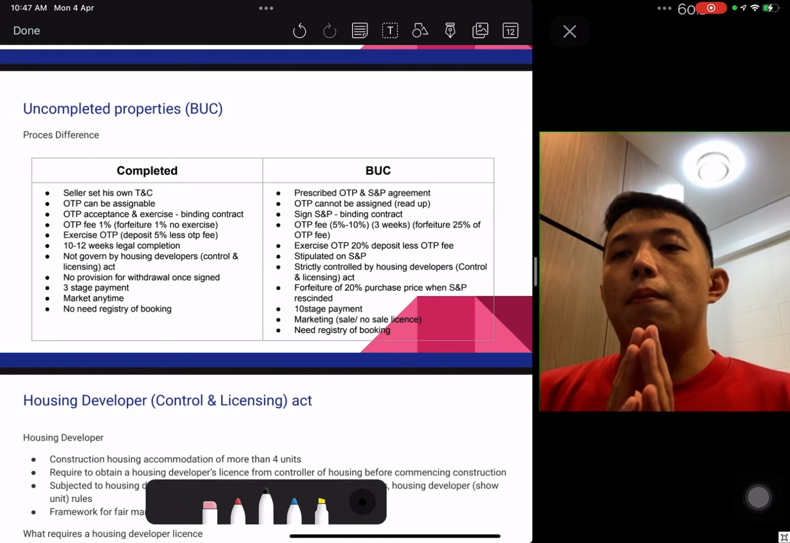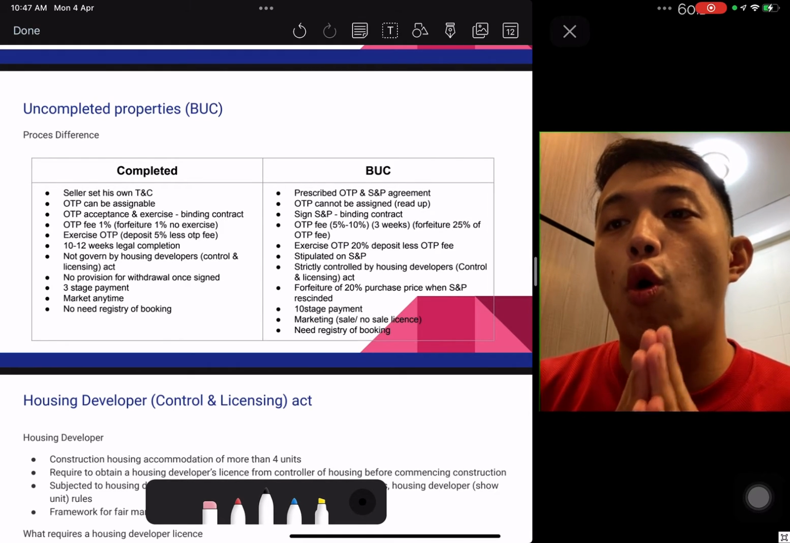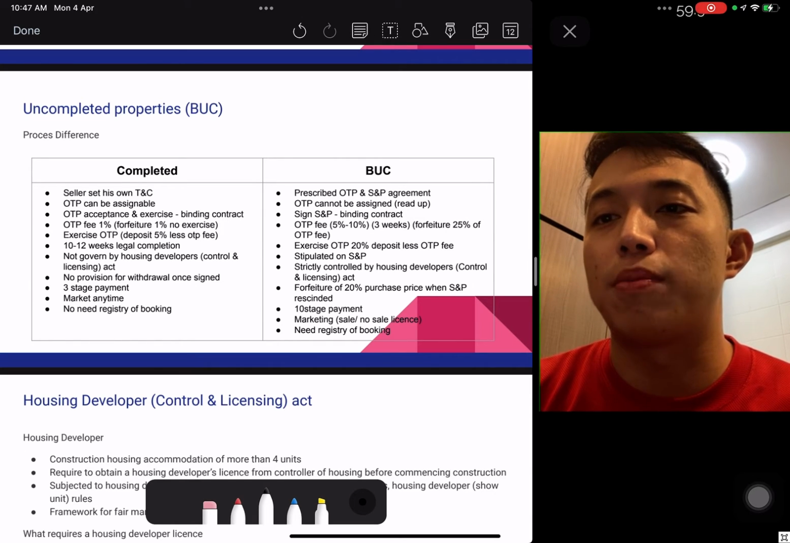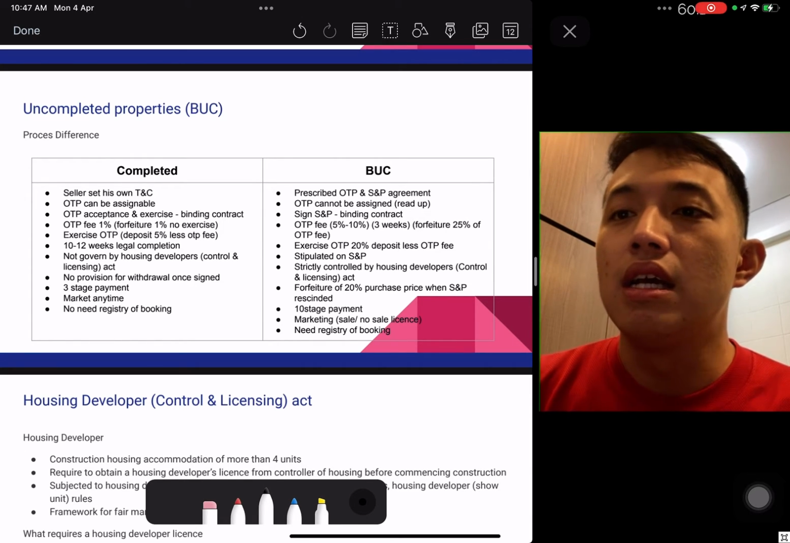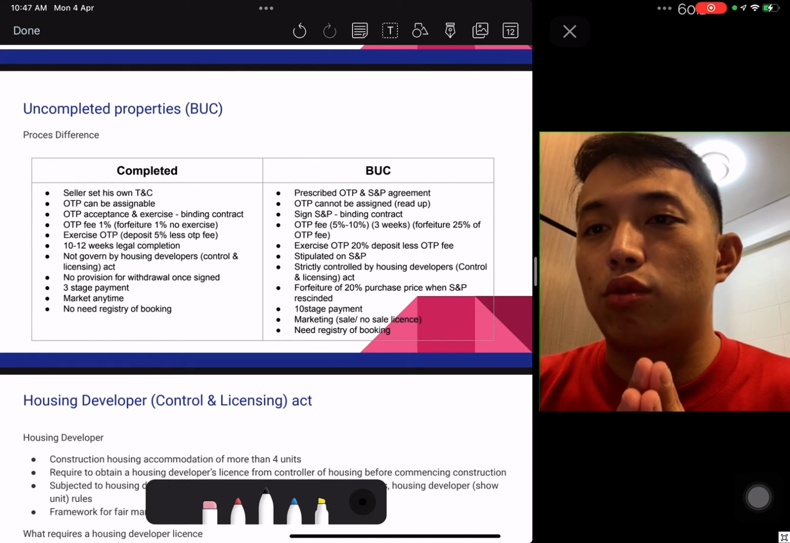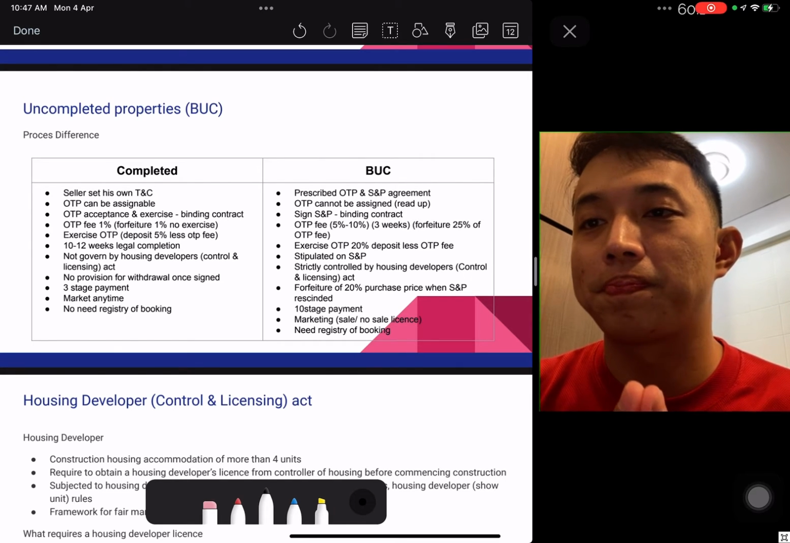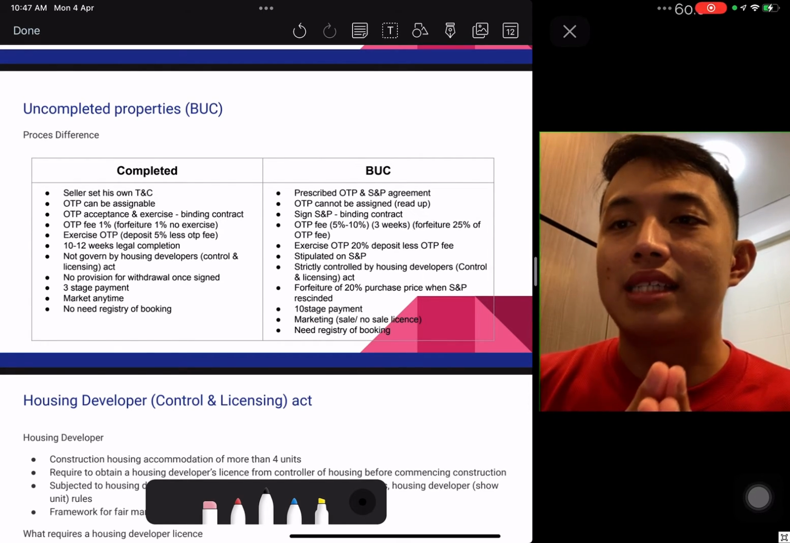So for buildings under construction, they must have a prescribed OTP and SMP agreement. OTP cannot be reassigned. SMP will be the binding contract. So to exercise the OTP, you will need to pay up to 5 to 10% within the next 3 weeks. Exercising of the whole